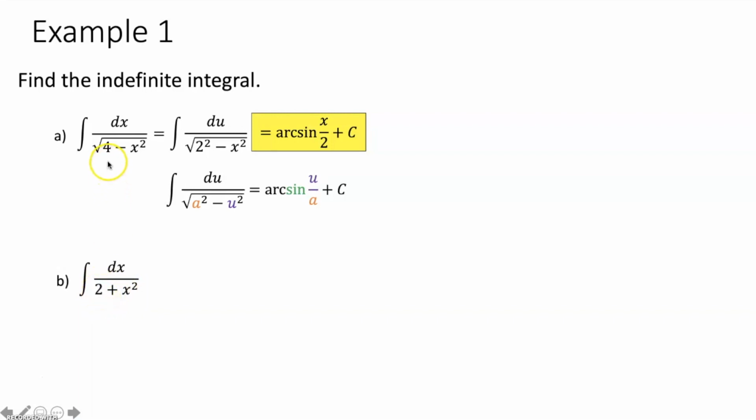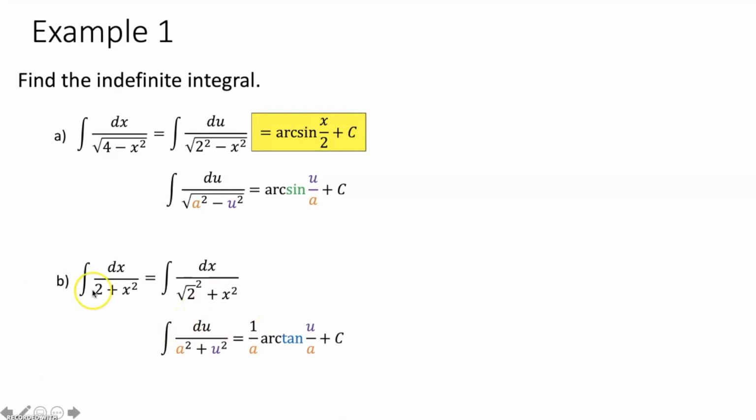Remember what we did up here. We have to take the square root of this number in order to get a. So we're going to rewrite this integral as dx over the square root of 2 squared plus x squared. Now we can see that this perfectly fits that mold for the integral involving arctangent. We have our a value as rad 2, so that's going to go in here and here. Our u is just going to equal x, so that's going to go in here, and we have